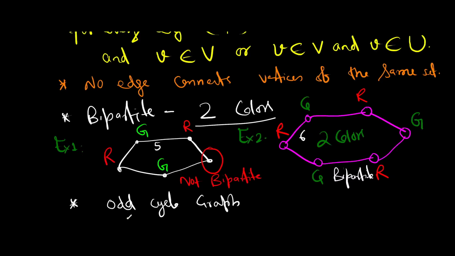Clear? So if it is an odd cycle graph, we cannot color it with two colors. Clear? So this is what a bipartite graph is. Now let's discuss its algorithm, or a general discussion of how we are going to do it. And then I am going to show you the output of the program that I have created. I'm not going to show you the program itself, but you will see the output, and then you can create your own program by looking at that output and the algorithm.